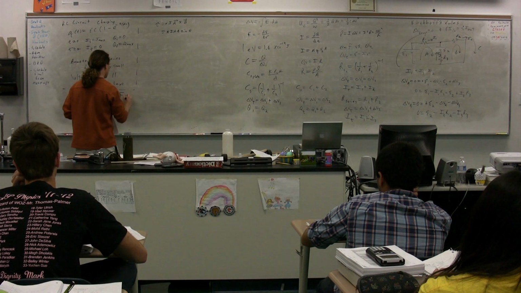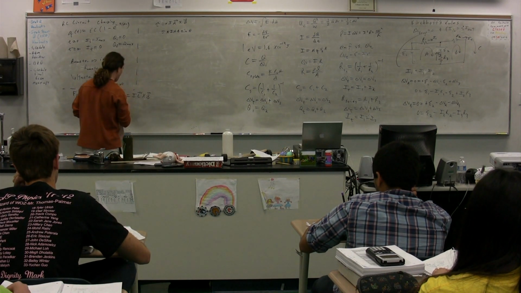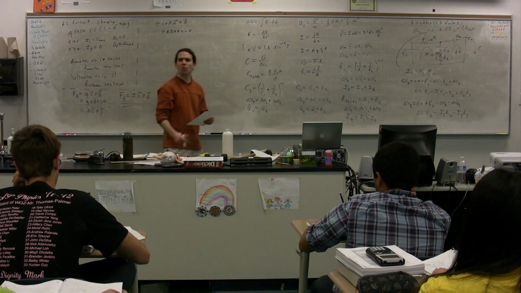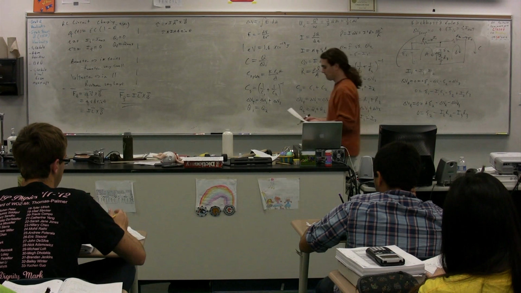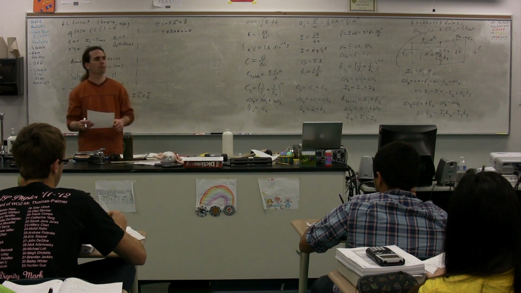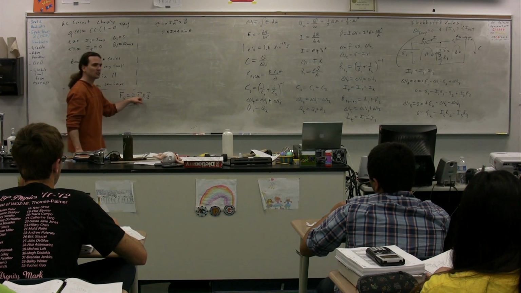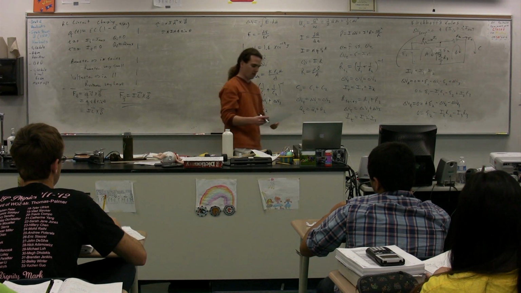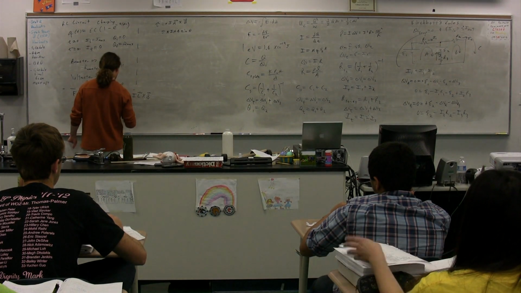Oh, we also have this equation, which I should identify. The magnetic force is equal to IL prime cross B. What is that? Why are we going to have an L prime? If the wire's not straight, it's not a straight-line distance. This is for a curved wire. L prime is the straight-line distance from the beginning to the end of the wire, which means that the magnetic force